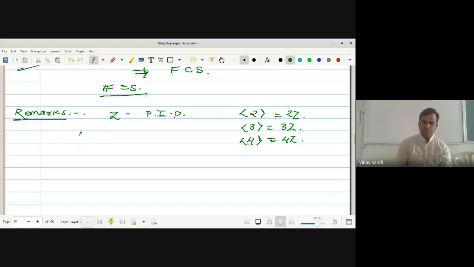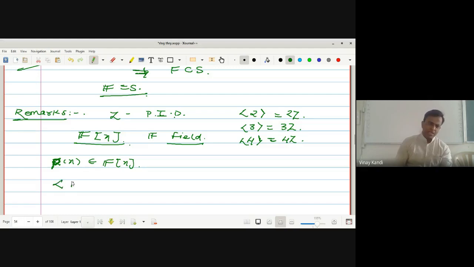सपोज F of x हा तुमचा रिंग ऑफ पॉलिनॉमियल आहे, ओके, where F is the field. If F[x] is the ring of polynomials where F is the field, then the nature of... suppose p of x is any element of F[x], p of x हा कोणताही element आहे. p of x is any element in F[x], that is ring of polynomials. So the nature of this ideal p of x कसा असेल? या p of x ने जनरेट झालेला एलिमेंट कसा असेल, that is the ideal generated by this element p of x is in the